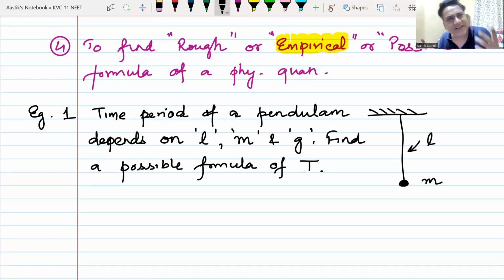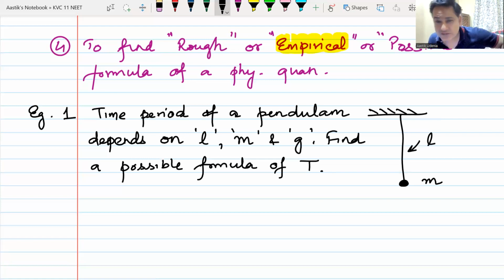What is there in a pendulum? It has a string, so the length of the string. It has a mass, a bob at the end. Without the bob, the pendulum doesn't work. It might depend on the mass of the bob. And because this pendulum will have some force, acceleration due to gravity will come. It depends on g. Now, with just this information and common sense,